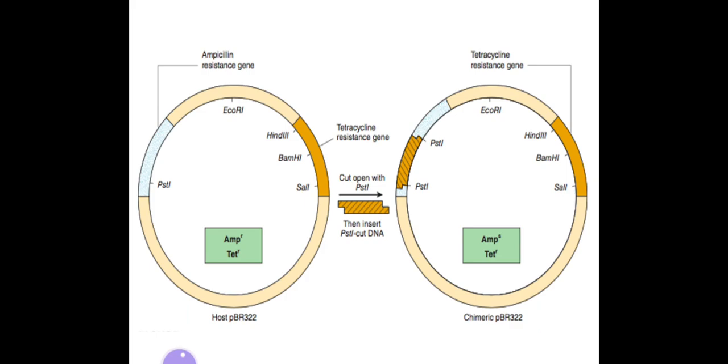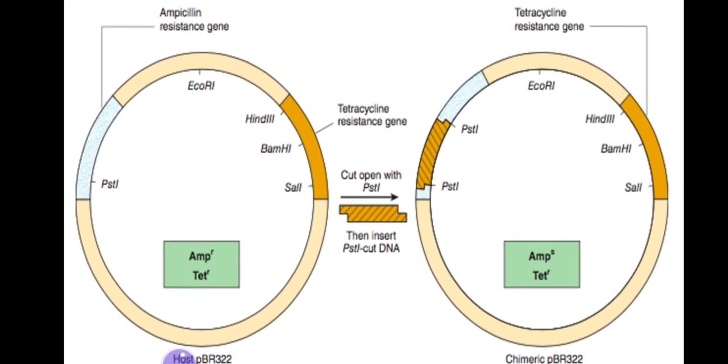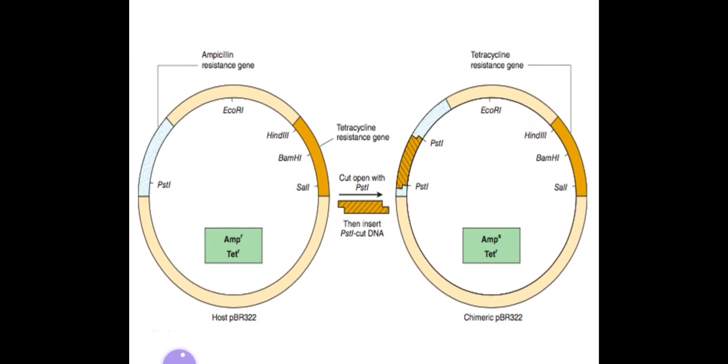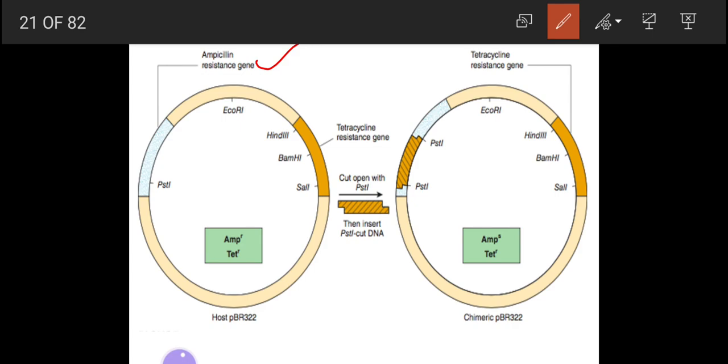This is the vector called pBR322, a plasmid called pBR322. Here you are seeing the ampicillin resistance gene, where we are going to insert our DNA of interest. This site contains the restriction enzyme site PstI. We will cut open this vector by using the enzyme PstI, and by using the same restriction enzyme,